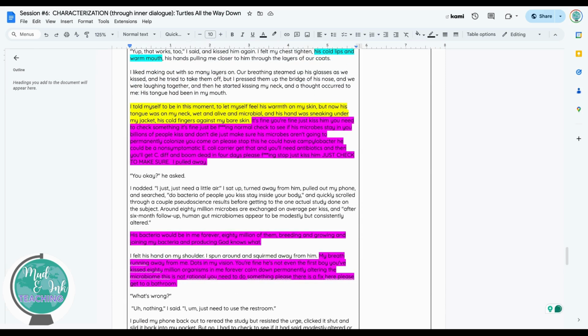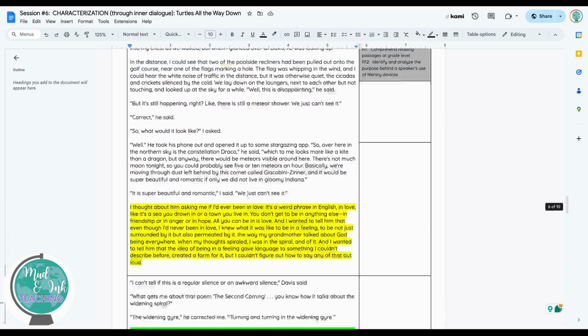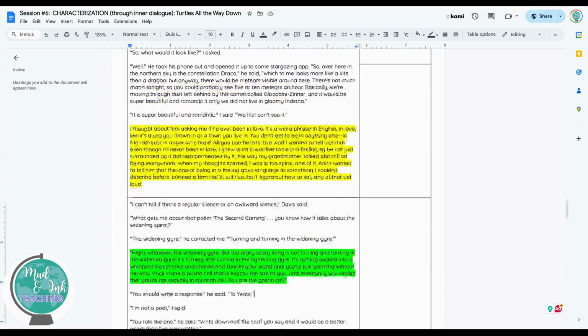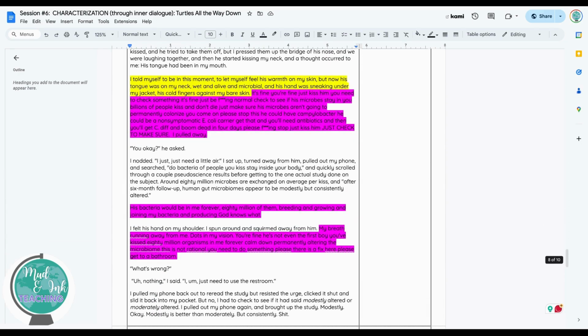Okay, so this is a great place to pause. Again, if you need to condense this passage, you could just be doing this section. The elimination, right? We have this beautiful moment here, stream of consciousness, love, spiraling. I was in feelings, right? She's so thoughtful. And now something has happened, right? They have kissed and she is freaked completely out about the exchange of germs and bacteria that has happened in